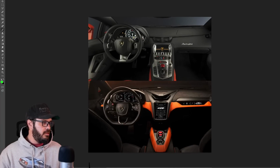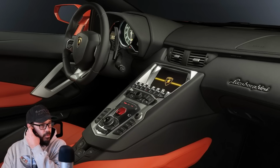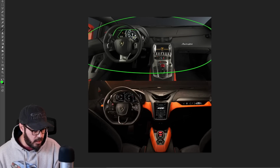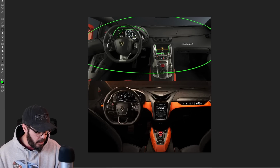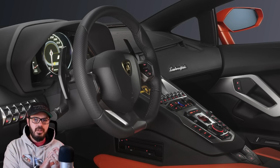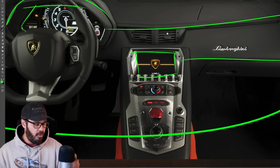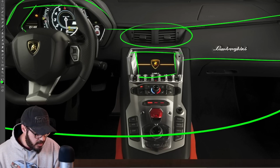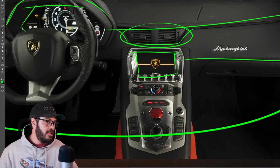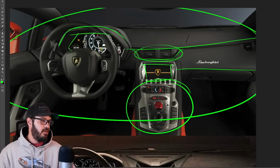Same thing here. I just think the Aventador was such a good design, because this to me still feels very modern, very fresh, since we have a digital gauge cluster right here with a nice housing for it, and we have a nice screen here at the middle. And these details on the dash itself, they feel like they have a good connection to the exterior design. And as I said, the exterior design still to me looks very modern. That means that the interior also looks modern. The only detail that kind of dates this interior are these air vents. So if you update these and turn them into something more stylish, then I think this Aventador interior would still actually work today. I do like that we have a bunch of physical buttons right here in the control panel